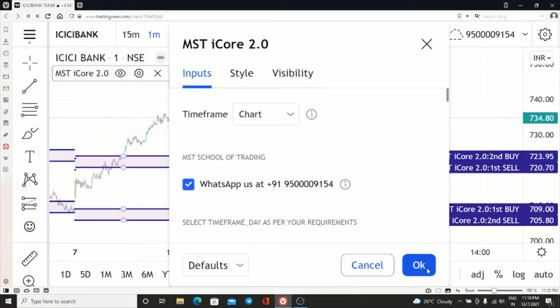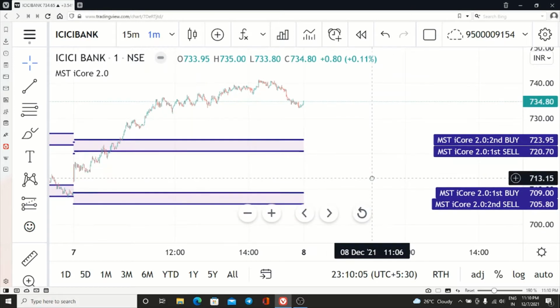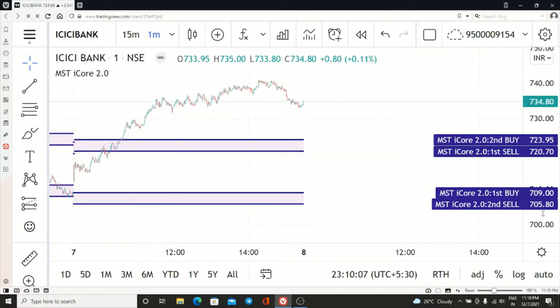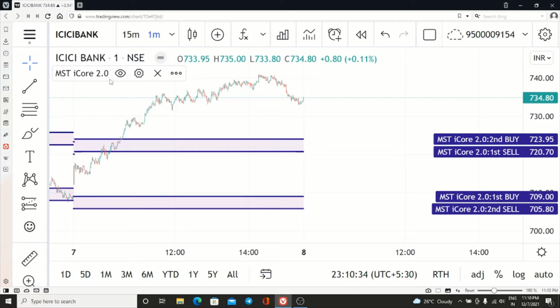Okay, now let us show you what our strategy is. Our strategy is very simple. I have chosen ICICI Bank today because it has given both scenarios: what you have to do if SL hits, and what you have to do if the target hits. Both scenarios have met in ICICI Bank, so that is why I have chosen it for the demonstration. Bank Nifty also met the same scenario today, but the bar replay option is not available for the futures, so I have chosen the spot value of ICICI Bank.